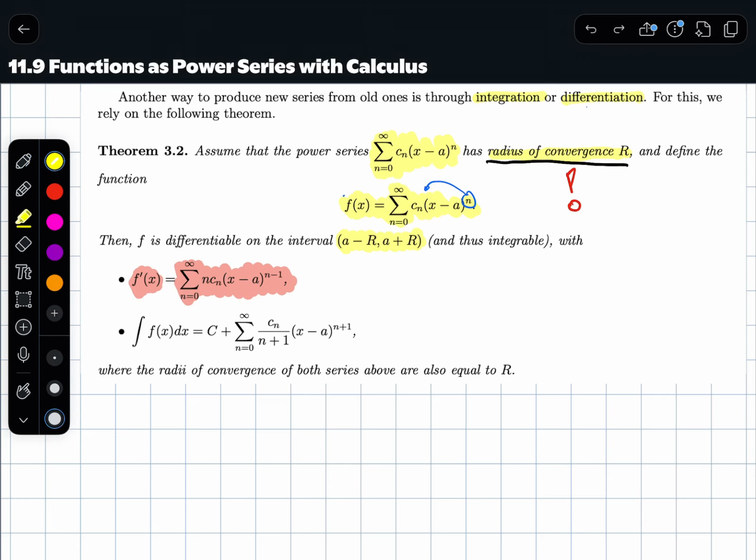Not all functions have derivatives, right? So that's already a plus that the theorem is giving us, that we're able to take the derivative because the function is differentiable. If we ended up with something that was an absolute value or something, we would not be able to take its derivative where the inside of the absolute value equals 0. The function is not differentiable there, but that's not going to happen if we have a function defined this way through a power series, which is pretty cool. And you should also remember from calculus 1 that every differentiable function is continuous. Then in calculus 2 you'd see that a continuous function is integrable,